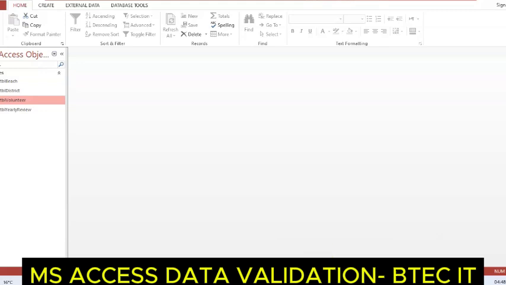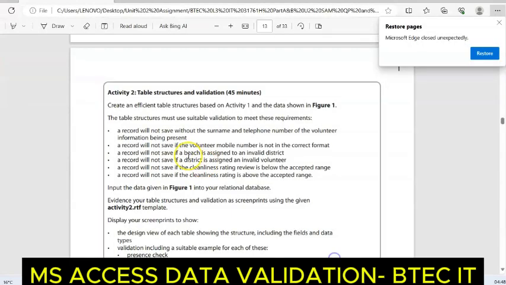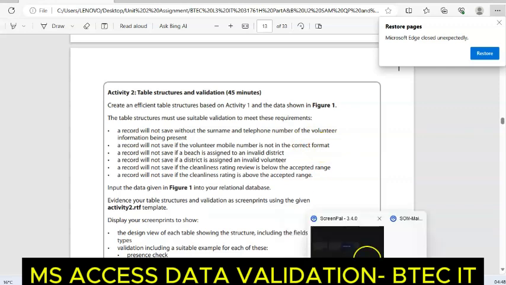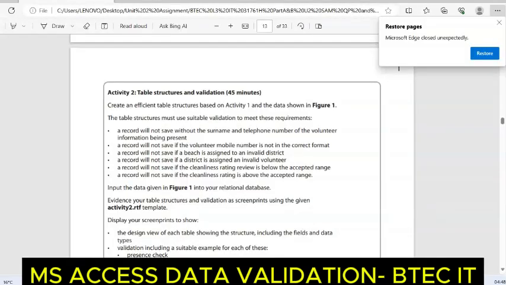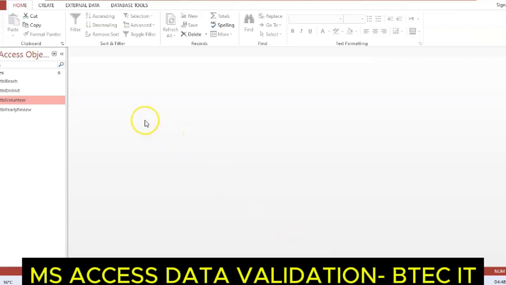So the next question requires you to... a record will not save if the volunteer mobile number is not in the correct format. So this is now a format check. Moving from presence, you go on to format check. So going on to format check, on my format check, let me go back to my database. So in my database,